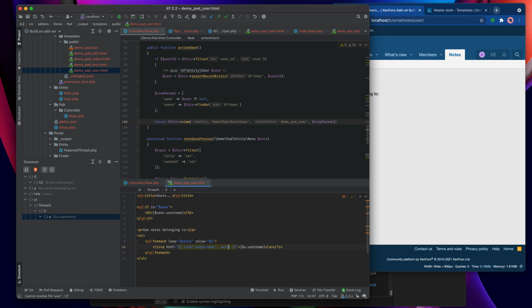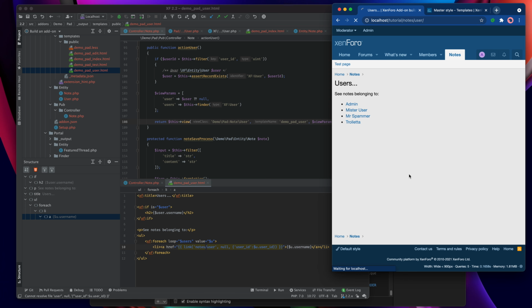So instead we're going to pass null there, and then we're going to make an array of parameters that is essentially a query string, and it's going to look like this: curly braces, user ID, and this is actually JSON, so then we just say u.user ID, close the curly braces once, and now when I refresh the page, you should see when I hover over these, then we get user ID 1, user ID 2, 3, etc.